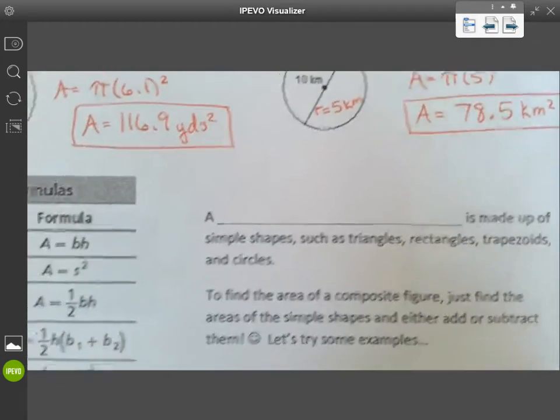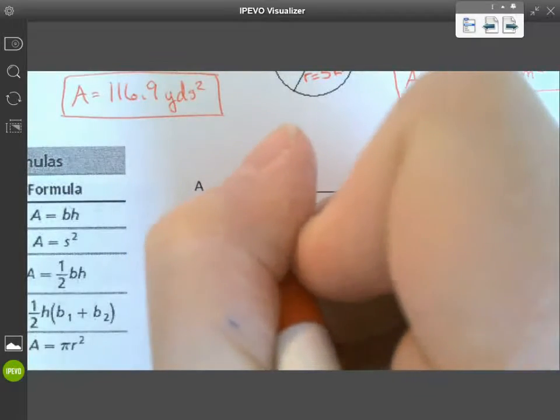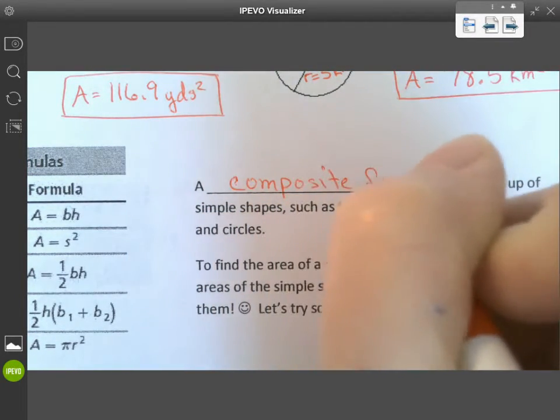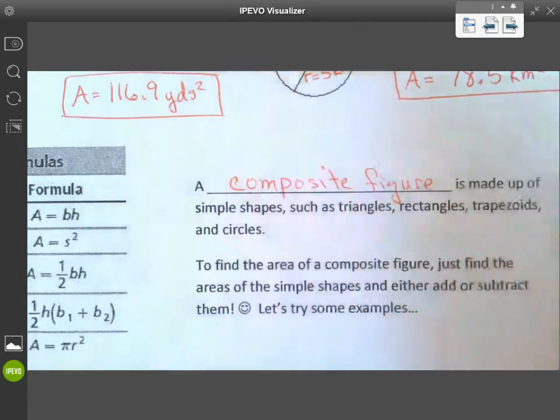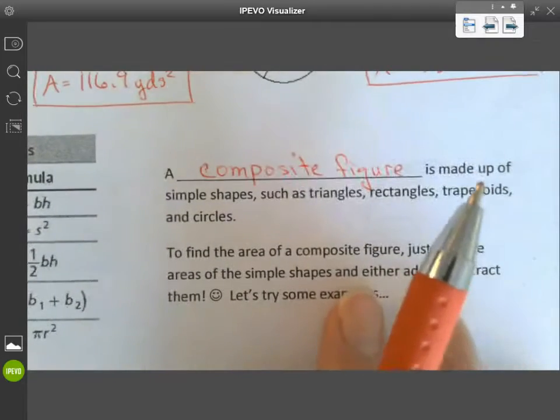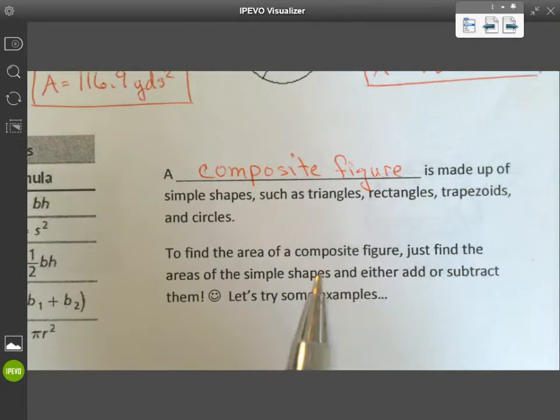We are talking about composite figures today, so that's what's going in here. A composite figure is made up of simple shapes such as triangles, rectangles, trapezoids, circles. It could be a half circle or a semicircle. The area of the composite figure, we just find the area of the easy, simple shapes, and then